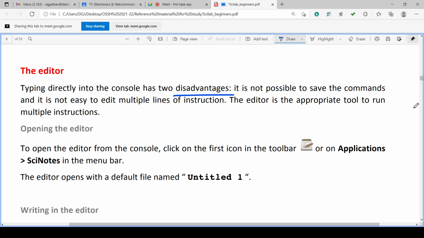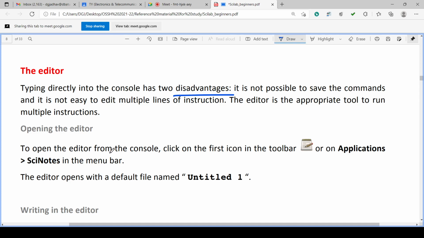Commands will not be saved permanently. And second, multiple lines cannot be edited simultaneously for execution with a single click. These are the two disadvantages.